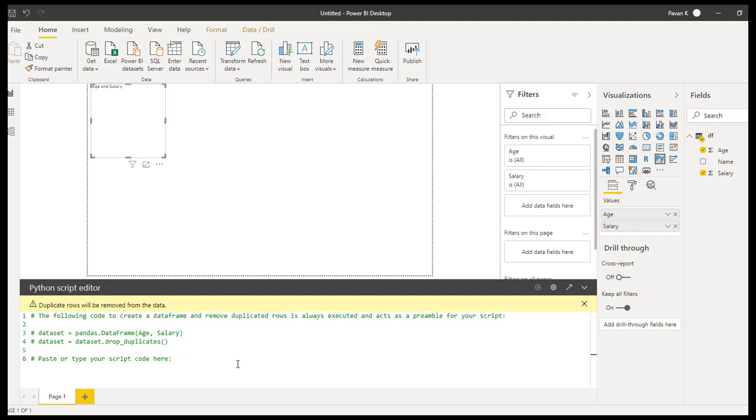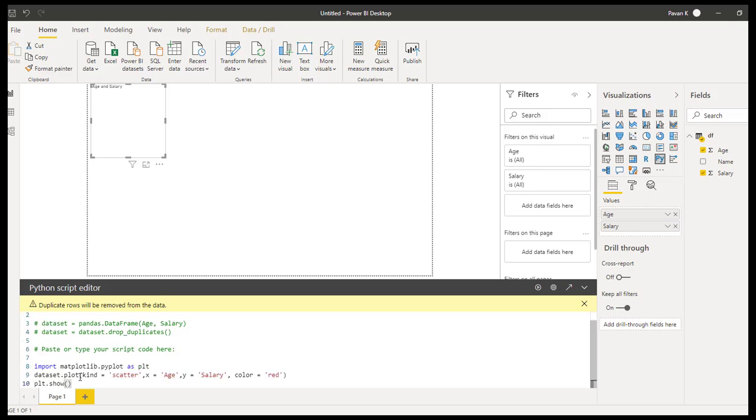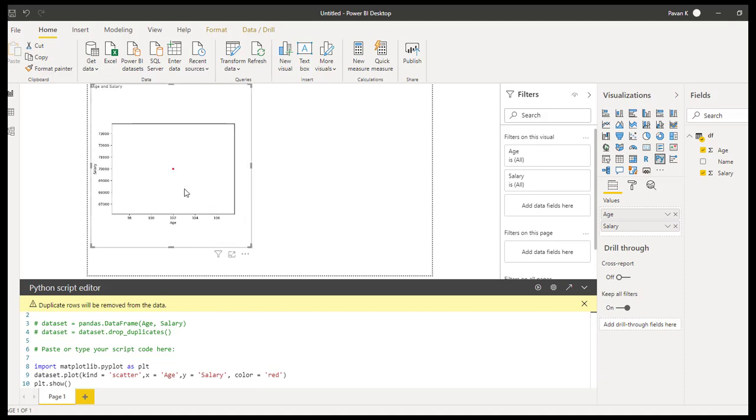Now here I'll just write Python code to generate a plot. So this is the script, and this script will generate a scatter plot, and let's see how it looks. So this is the scatter plot.